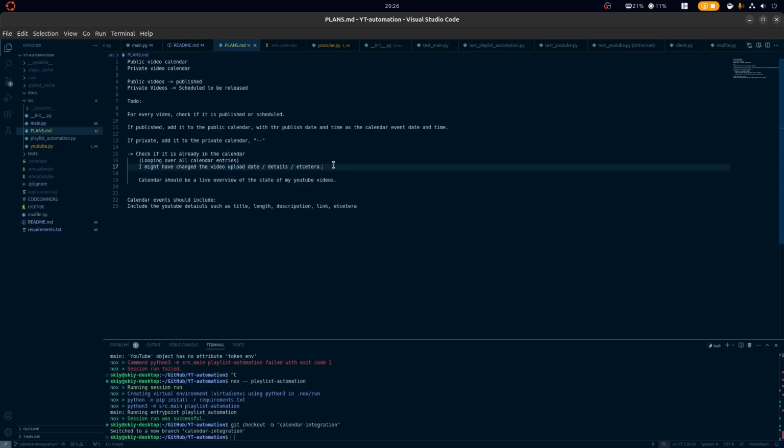I will be able to see at a quick glance by looking at my calendar when I have videos coming out, or when I've had videos come out previously. And that's kind of what I want to do today. I have a few other ideas up my sleeve for calendar integration, so I'm cutting my teeth on it with a slightly simpler task.